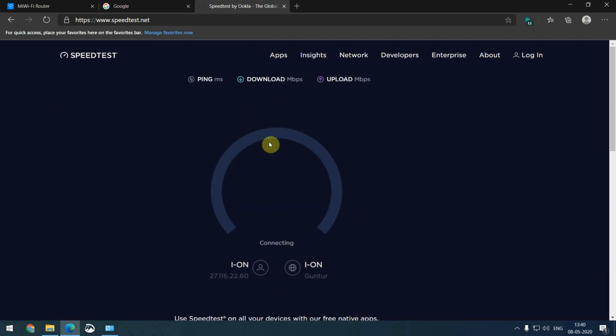So now when I check the speed on my device, it will limit it to 5 Mbps.